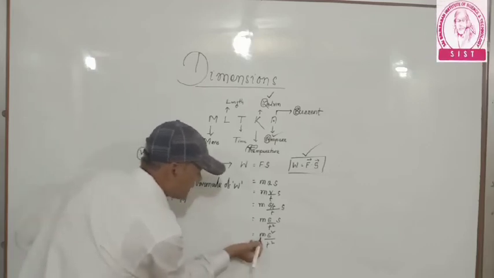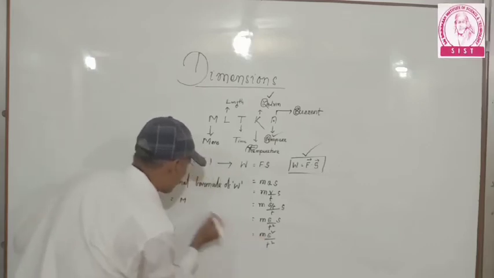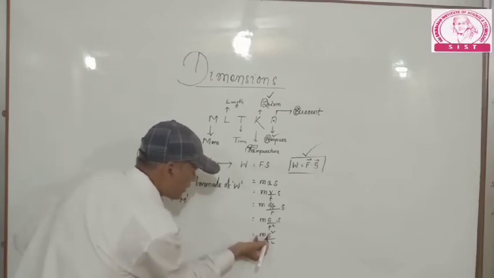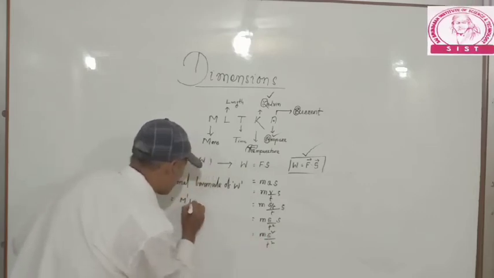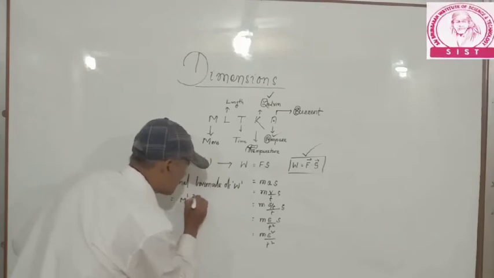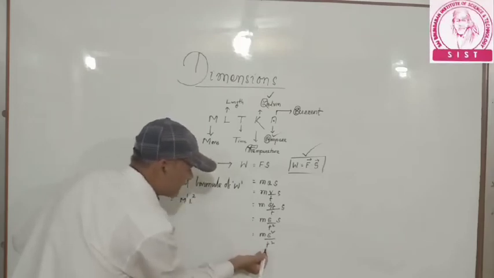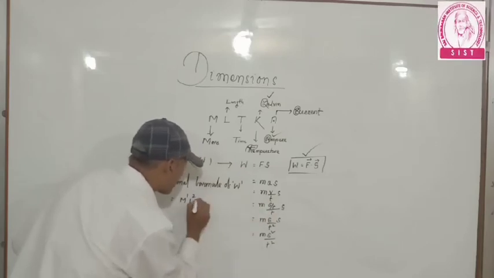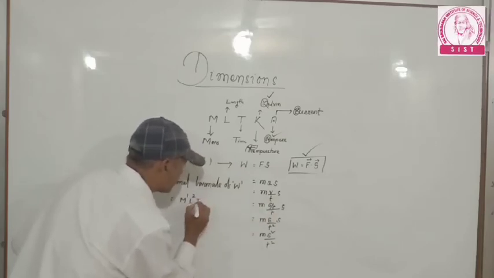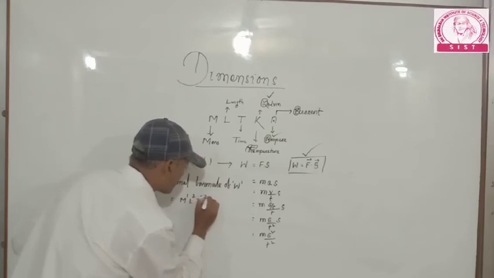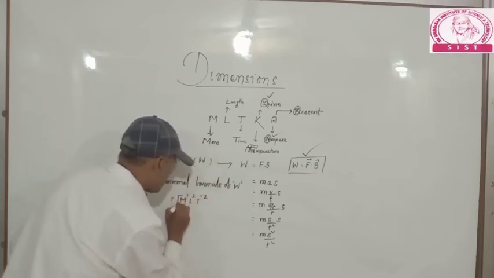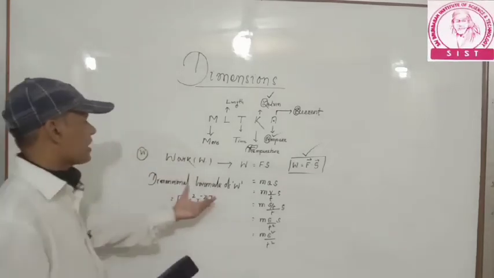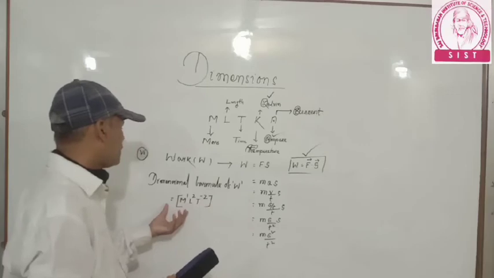Here it is mass, its power is 1. So M to the power 1. Here it is S square, means square of the length, L square, L to the power 2. Here you see it is written in the denominator, so you take it out, you lift it. T to the power minus 2. Keep it in a closed bracket. Okay? Dimensional formula of work is